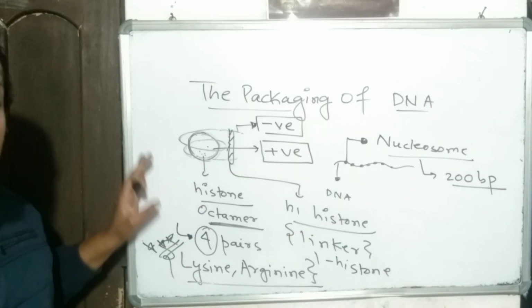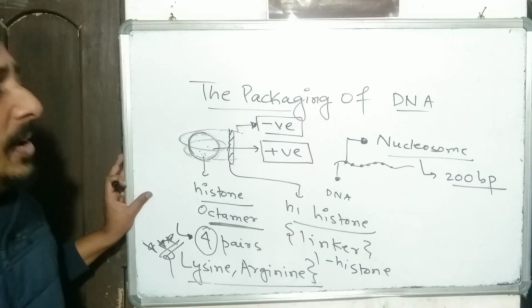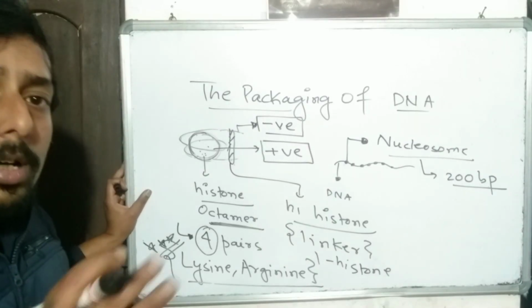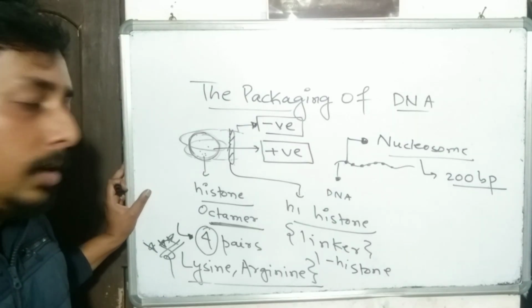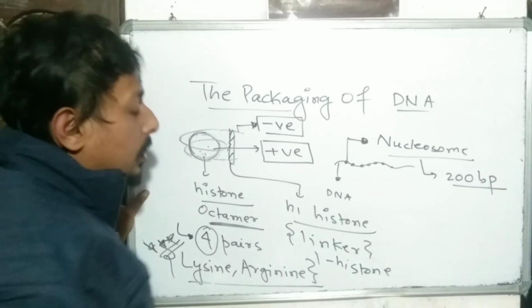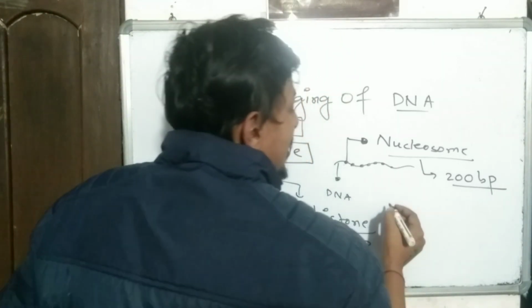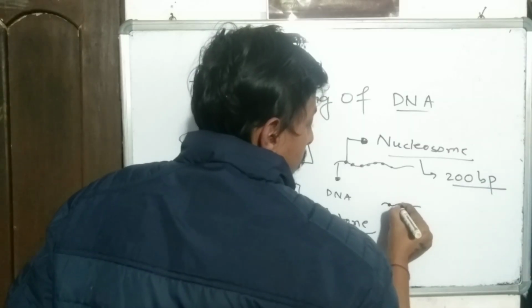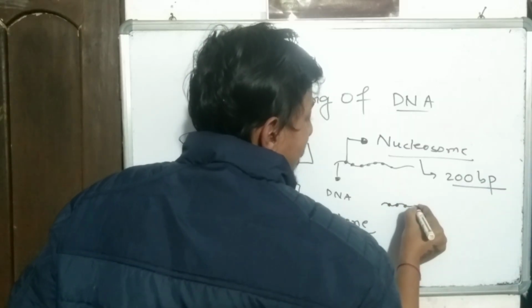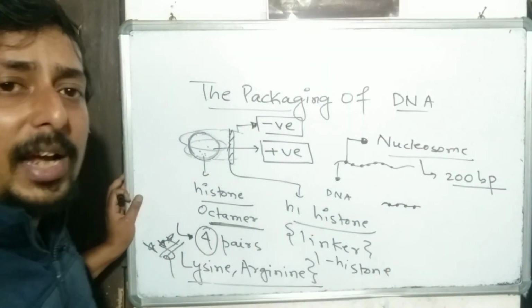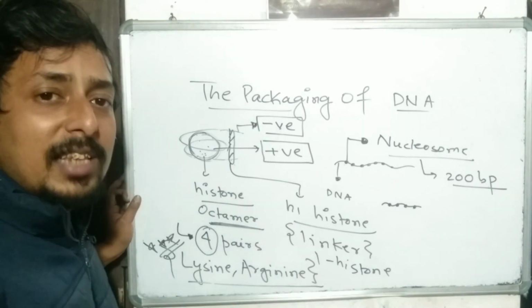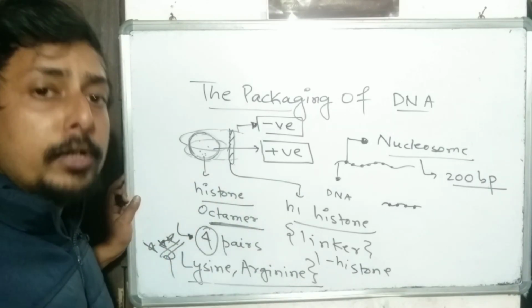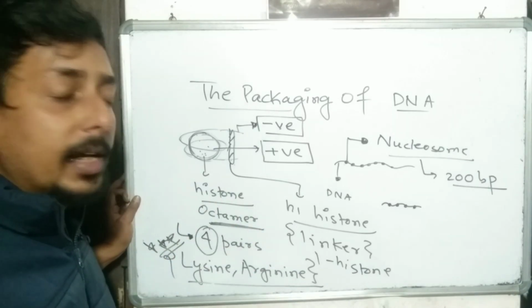Now this topic is over. Now let me say a small concept, then we will look at the NEET question. When the cell is in S phase, you know the cell cycle has different phases. First there is the G1 phase, then the S phase comes, then the G2 phase comes, then the M phase begins.